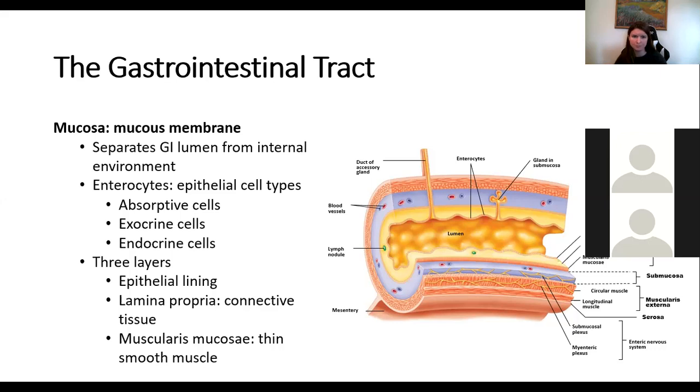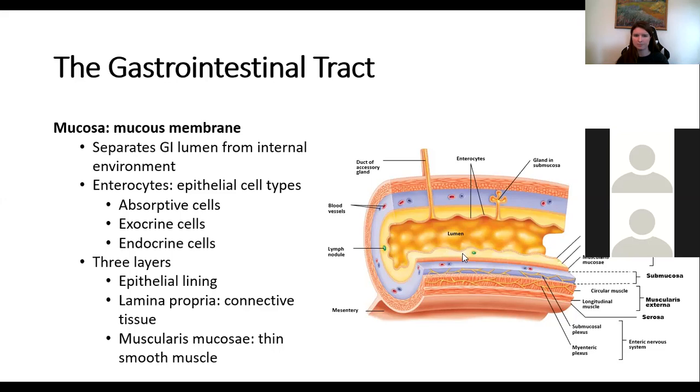So it's important in your GI tract to neutralize bacteria that you may have eaten. There are some beneficial bacteria, but you eat all sorts of stuff. So it's important that you have immune function in the gastrointestinal tract in order to neutralize anything bad you might have eaten. So those lymph nodules are going to be spread out in the connective tissue of